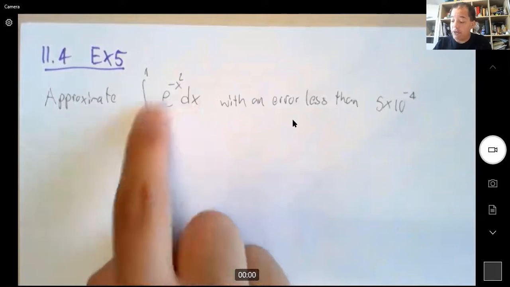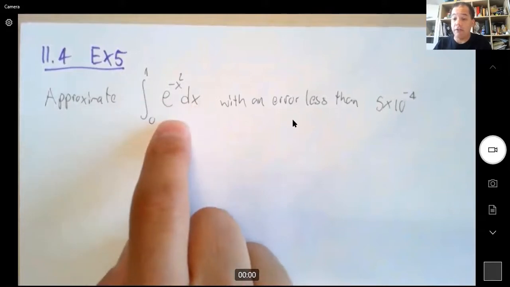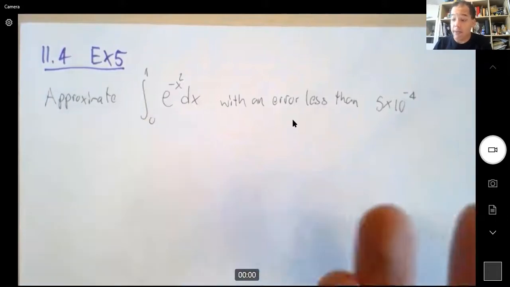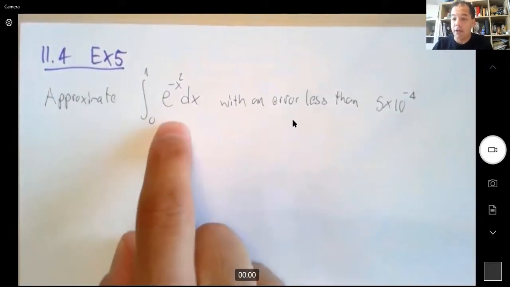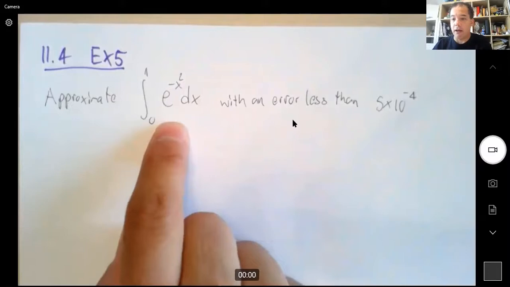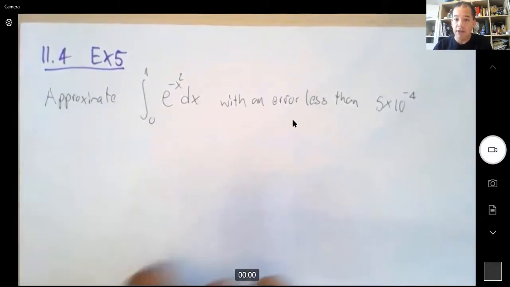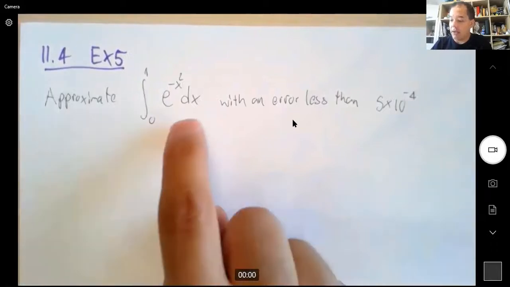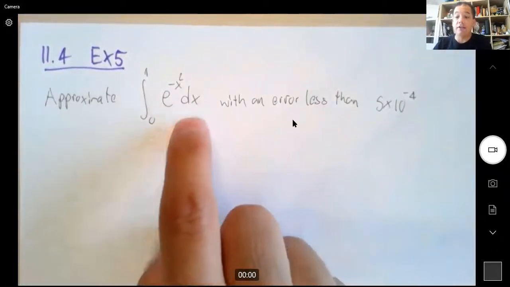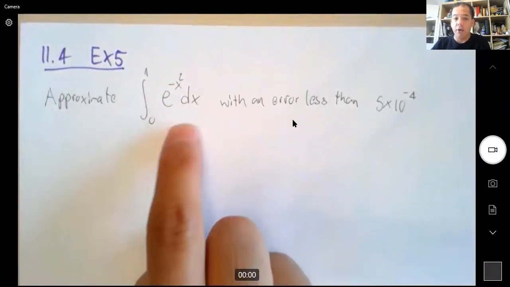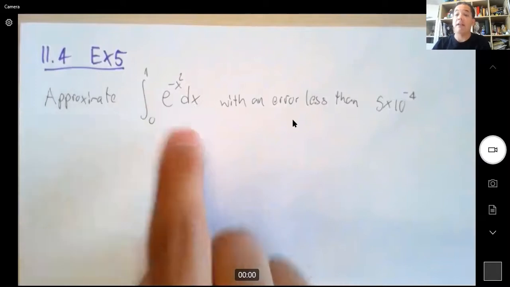Yet this expression actually happens, and it appears all the time in statistics, for example. So it is important to be able to do integrals like this. In this class, we haven't done a lot of these. It's called numerical integration. Even if you cannot calculate this integral directly, you can still approximate it to any degree of precision that you want. So this is an example of how we can solve this integral in a different way.